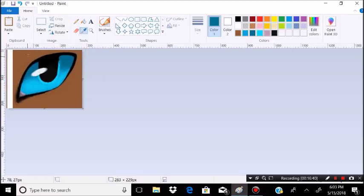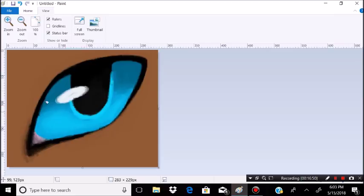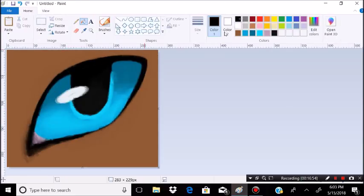I'll probably do more stuff on shading, like, I'll probably do something on fur. But now you know the basics of how to shade. It's really easy. Look, I'll do it again. Okay. So, we paint